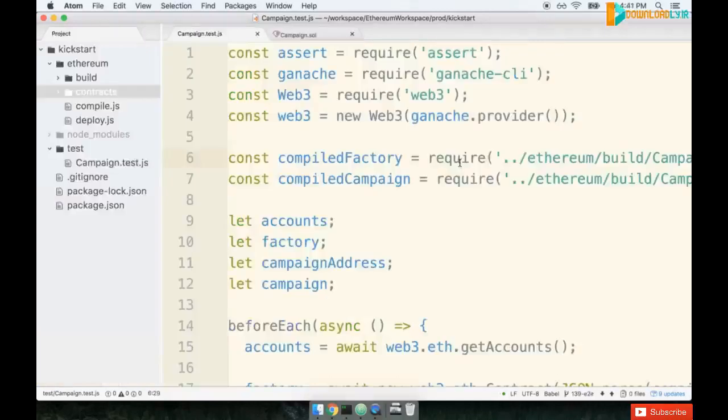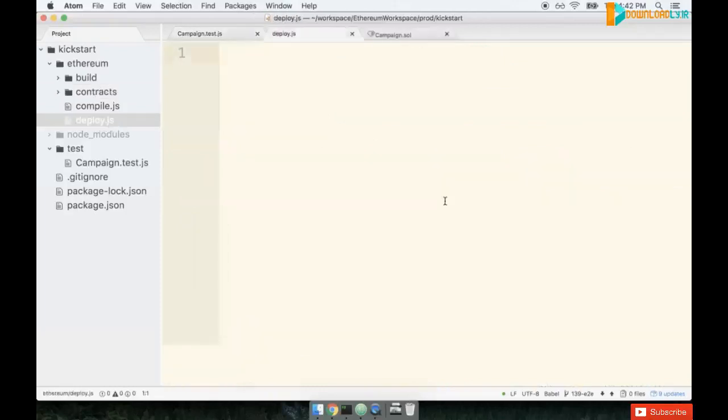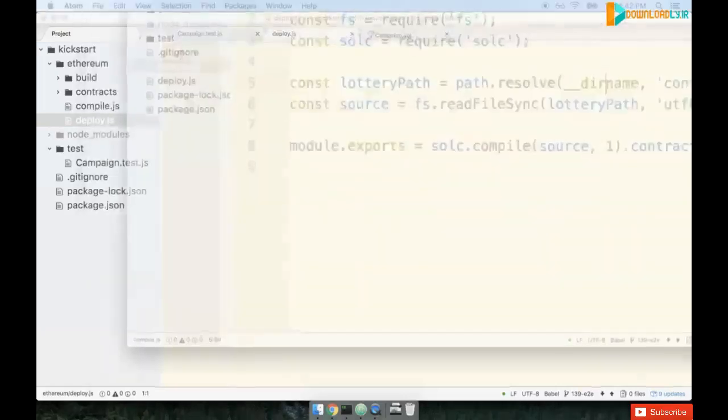We've now written an ample number of tests, so the last thing we have to do on the Ethereum side of this project is to actually deploy our contract to the Rinkeby test network. Our deploy script is going to look very similar to the one that we wrote previously on our lottery contract. So I'm going to pull up that previous script that we put together, and I'm going to copy paste it